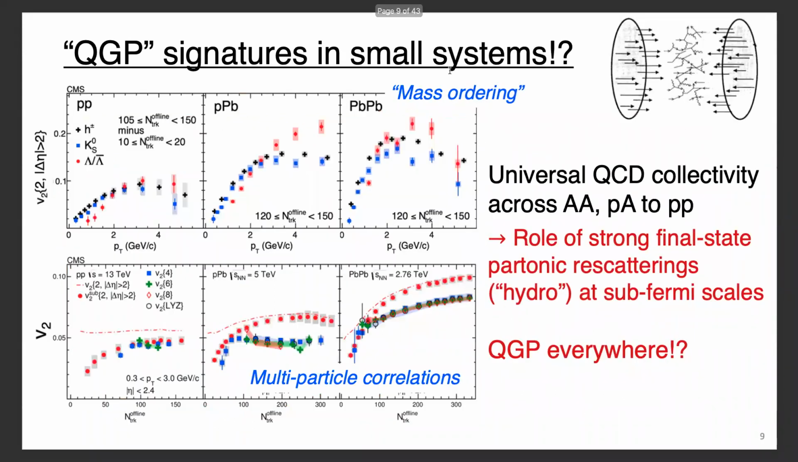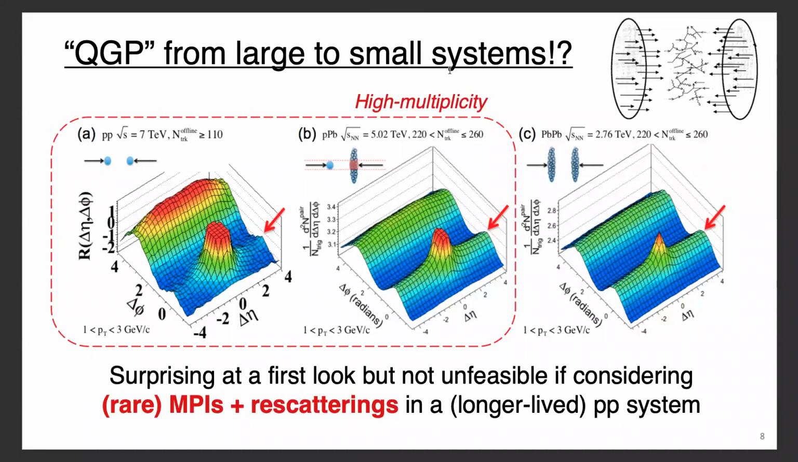The mean pT is also higher. It is highest in pp actually. The highest is pp. But when you cut on the same number of